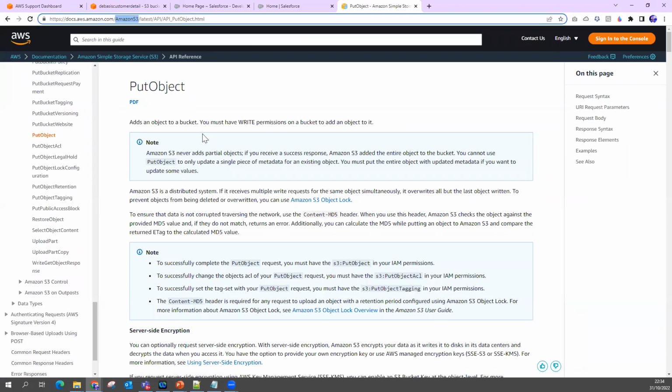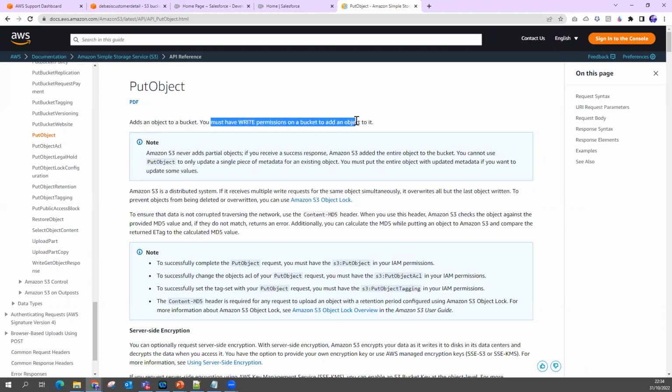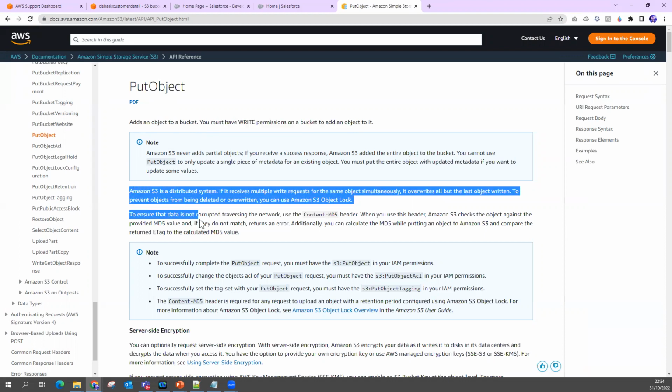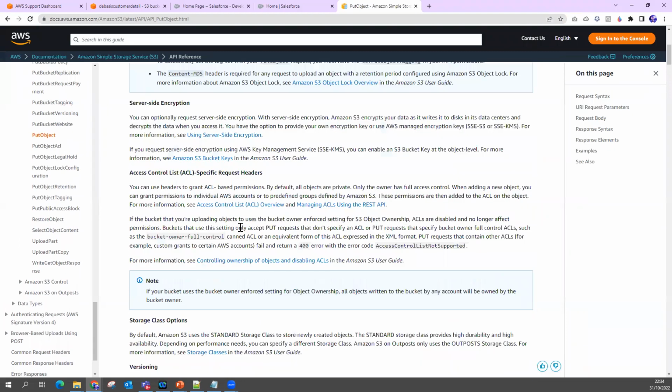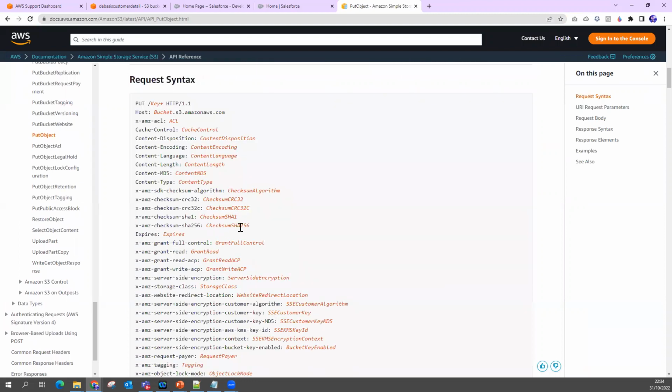Now, what is happening? If you want to add an object to a bucket, you must have write permission on the bucket to add the object. As my user, the one user we created, has admin privilege, we have that access. If you want some more explanation, you can read through it. Here you can see what kind of request syntax there is going to be. The host is going to be your endpoint, your bucket, then